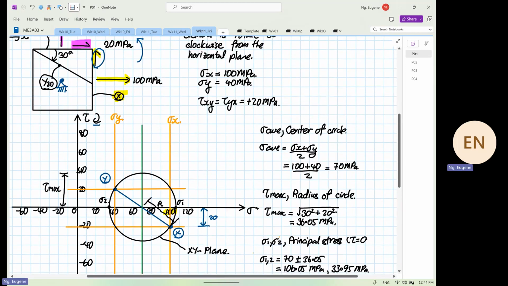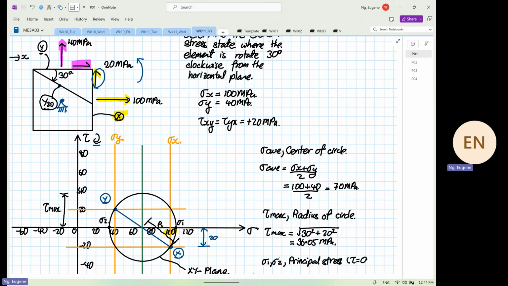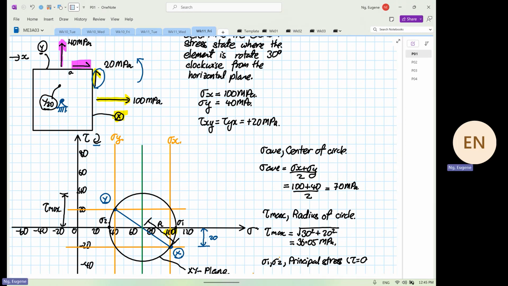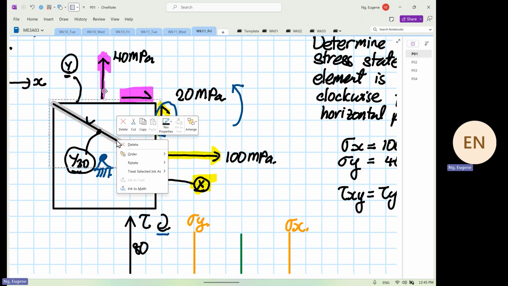Now, I want you to learn something useful over here. I'm going to change the direction of the plane. I do apologize. I did not prep today's lecture. Okay, my bad. But I'm going to do something which will not affect your life too much. So what I'm going to do is I'm going to wipe this off. The reason why I'm doing this is because I want you all to